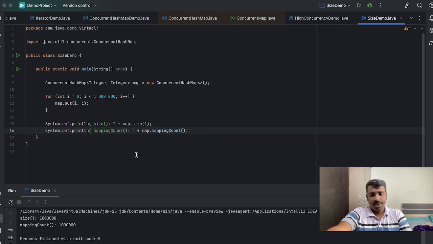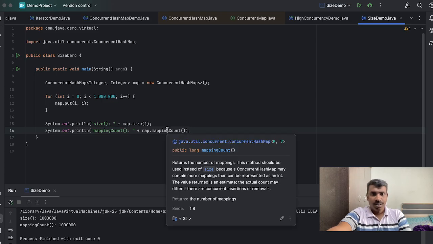mappingCount is the recommended method to use, because mappingCount returns the number of mappings in a ConcurrentHashMap. This method should be used instead of size, because a ConcurrentHashMap may contain more mappings than can be represented as an int.